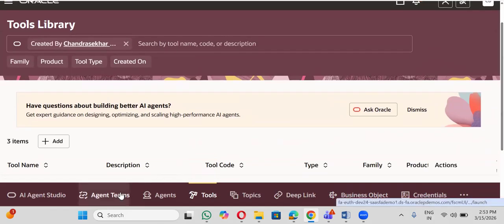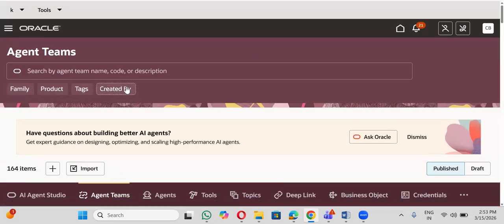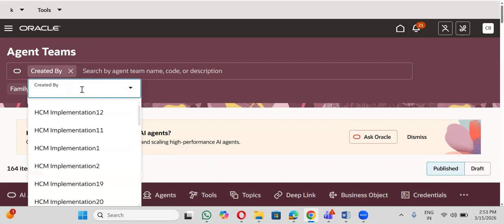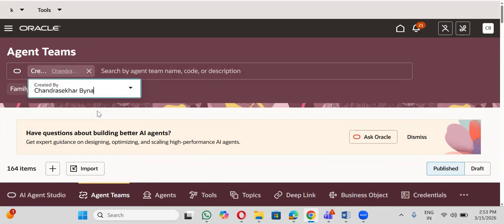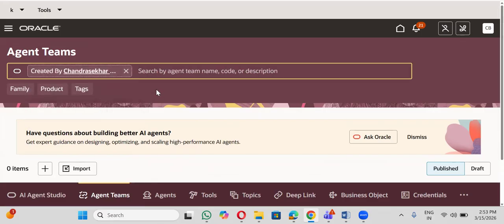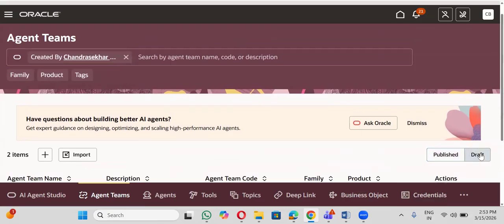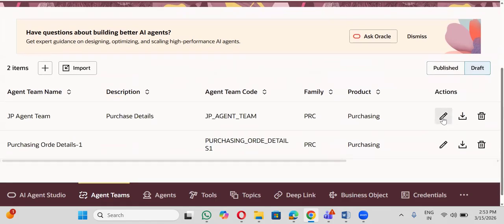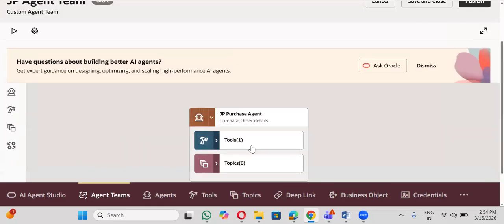you have to go to agent teams. You have to attach these tools here. Because it's in top mode now, I don't show it here. You go to the agent team and attach this tool here. Once it is done, we can